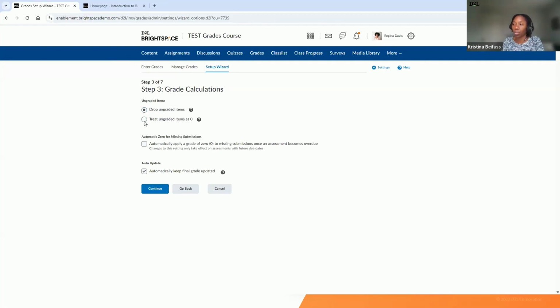You can also choose to treat ungraded items as zero. And I would recommend that this one be used with caution, as if you input a grade item into your gradebook immediately, because it's going to read as an ungraded item, students would receive a grade of zero until a grade is put in that place. So it's recommended that you would choose to drop ungraded items so that it's not automatically assigning a grade of zero to students who just have not yet submitted it